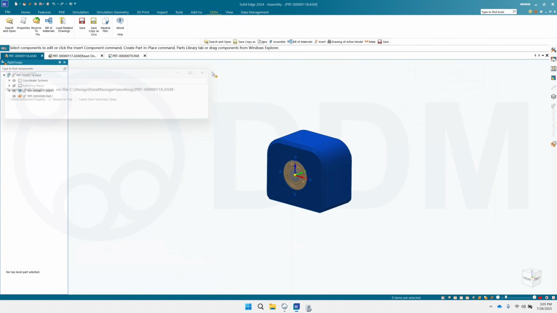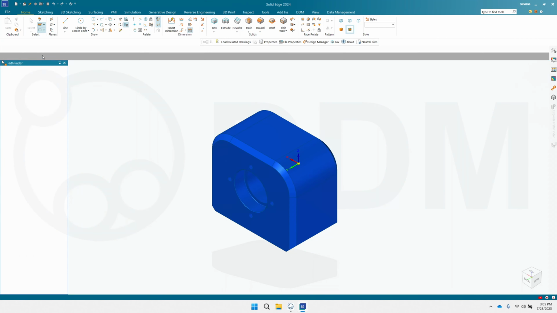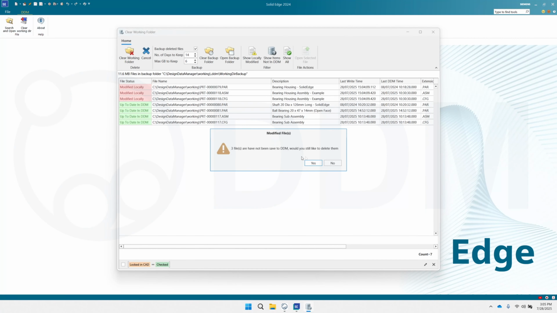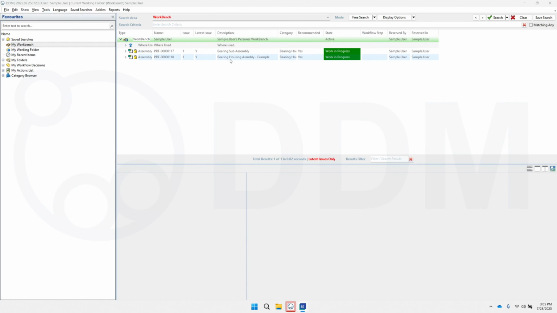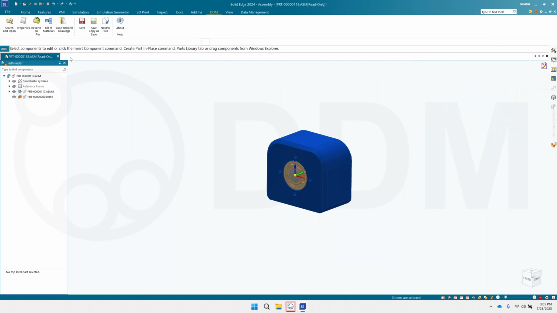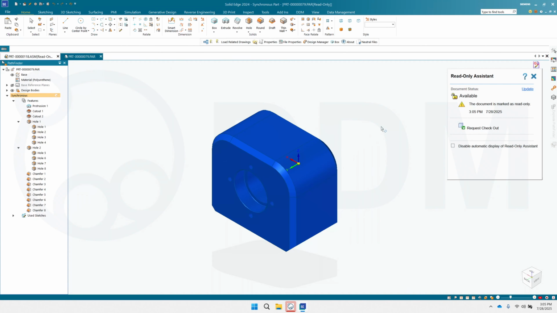If I cancel this save, again, close all of our files and clear my working directory. And we return to DDM and we reload the same assembly. Because I set those items as the default state, we can see that our assembly has loaded in the read-only state. And again, if we open up the subpart, it's still in the read-only state. So using this method